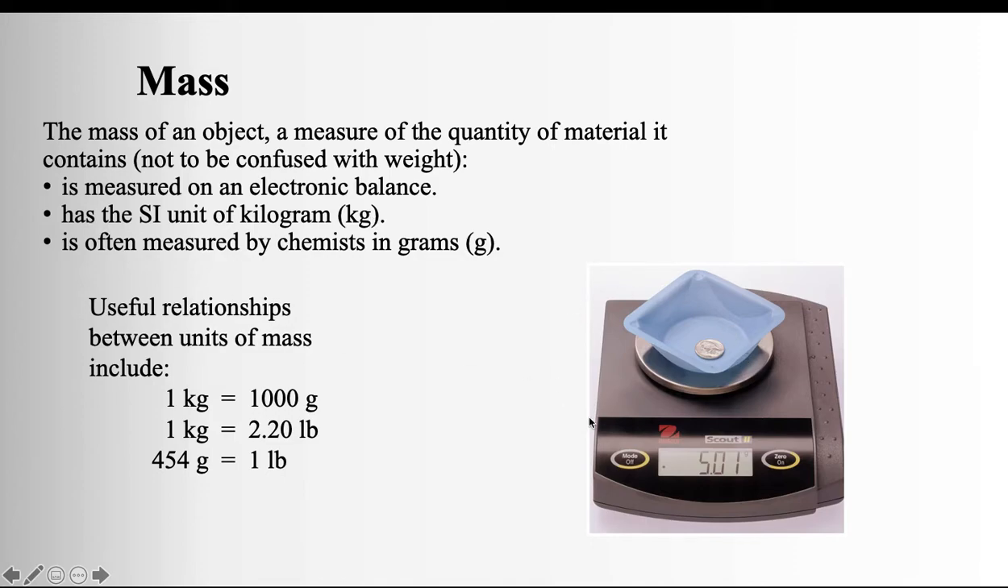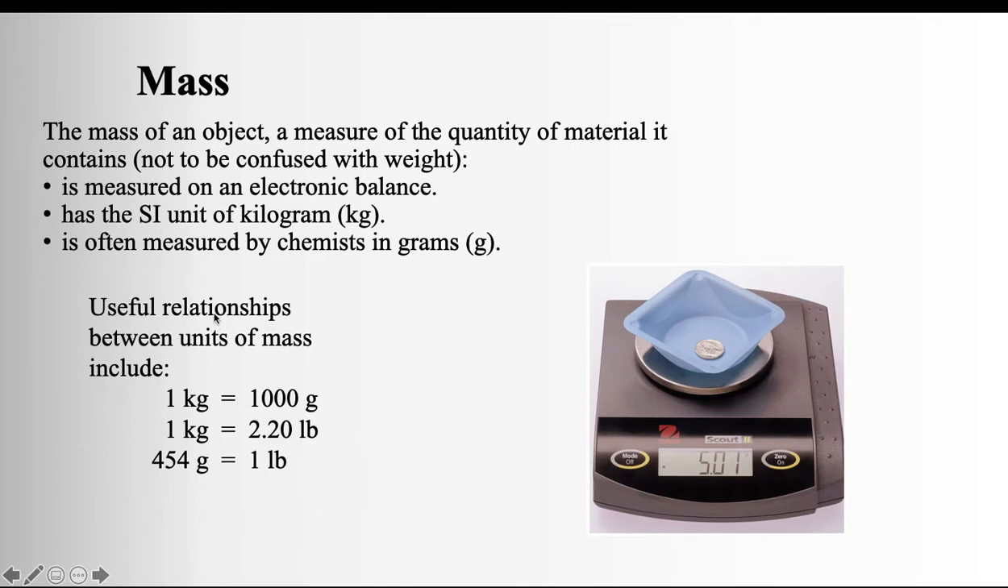We can measure it on a balance. The SI unit for mass is the kilogram, but most often chemists use grams in the laboratory, or milligrams as well. So we use smaller units than the kilogram, which is pretty large. Some of these